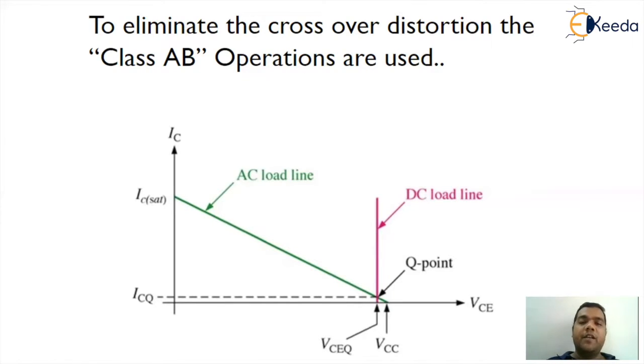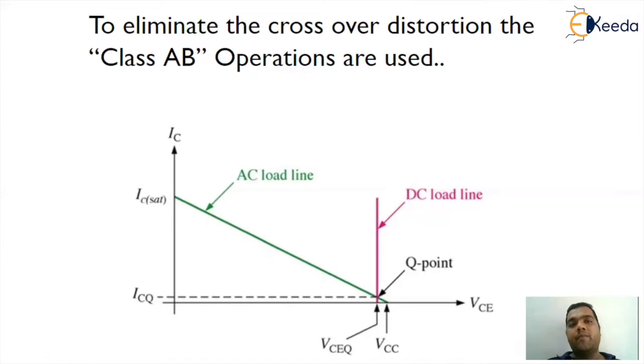Under that situation, we need to provide plus 0.7 for transistor 1 and minus 0.7 for transistor 2. But unfortunately, in Class B, there is zero biasing, and that's the reason the transistors will be utilizing plus 0.7 from the positive half cycle and minus 0.7 from the negative half cycle so that they can go in the on state and provide amplification. And that is the reason when the signal was having a transition with respect to the reference line, there was a loss of output. So that loss was called crossover distortion.